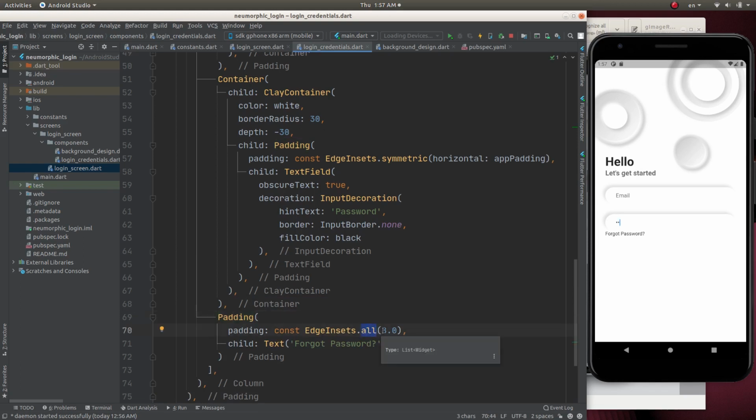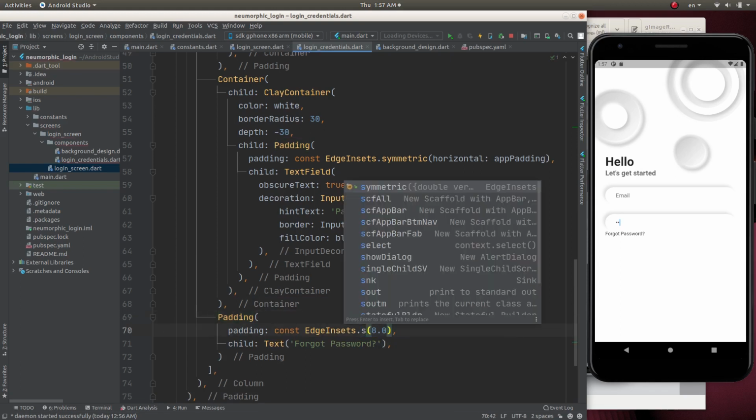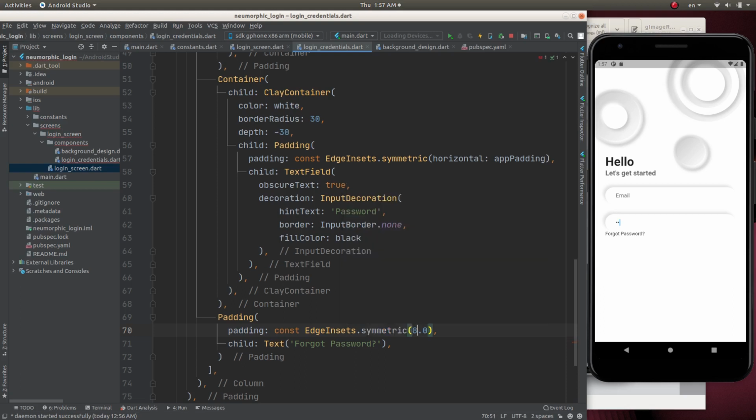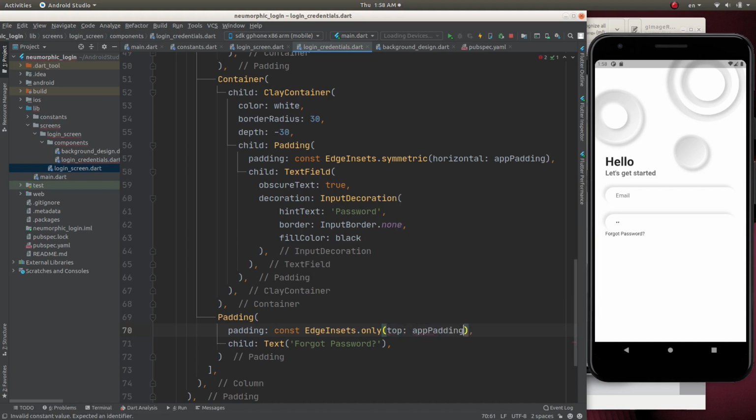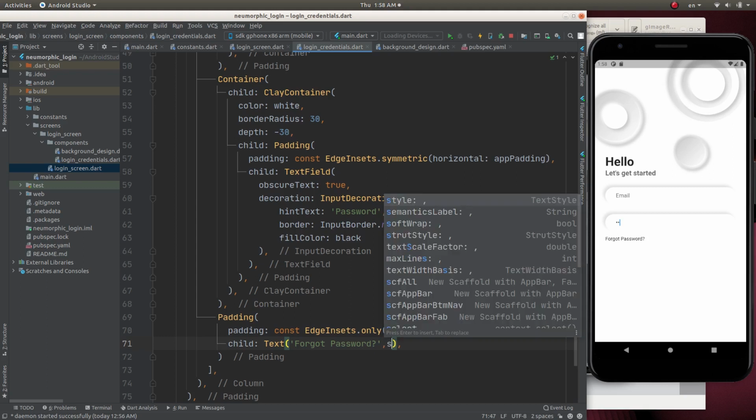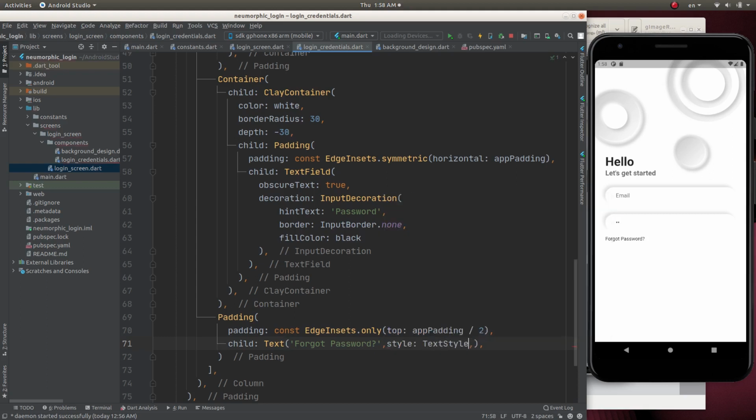And it will be symmetric. Yeah, let's do this only from top. Only from top, app padding divide by 2. Okay, that's good. And let's style this text by style, text style,